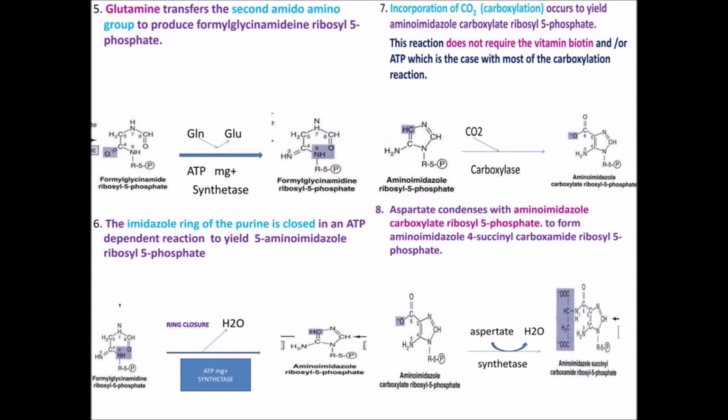The seventh step, incorporation of carbon dioxide, that is carboxylation, occurs to yield aminoimidazole carboxylate ribosyl 5-phosphate. This reaction does not require the vitamin biotin and ATP, which is the case with most carboxylation reactions. In the eighth step, aspartate condenses with aminoimidazole carboxylate ribosyl 5-phosphate to form aminoimidazole 4-succinyl carboxamide ribosyl